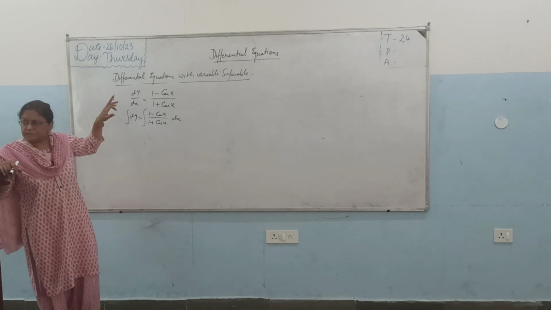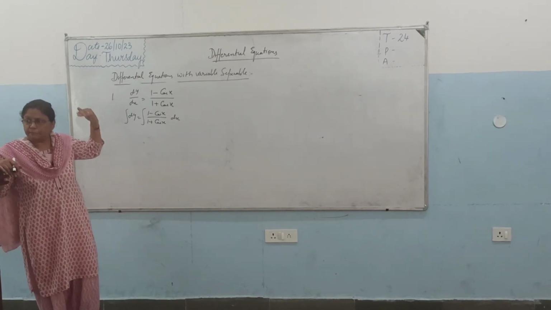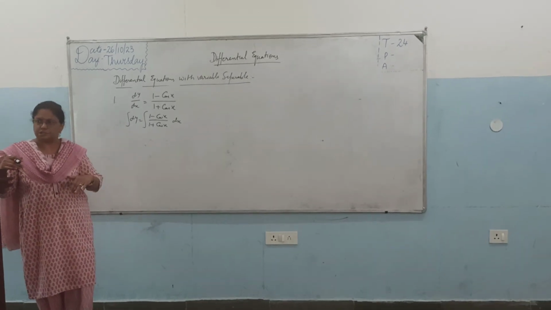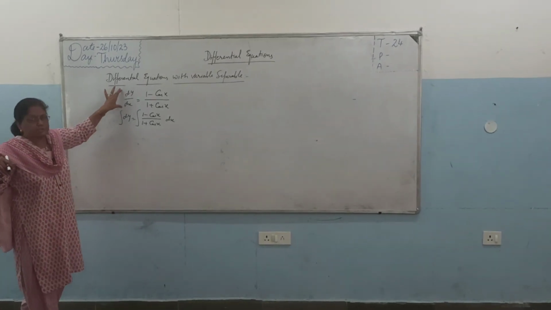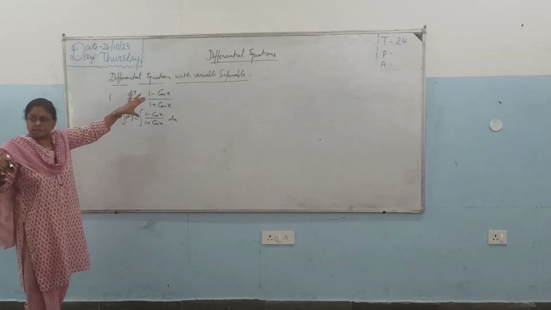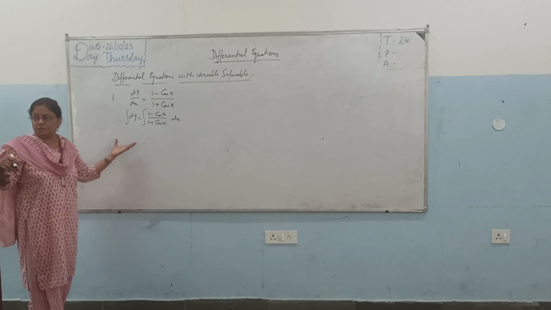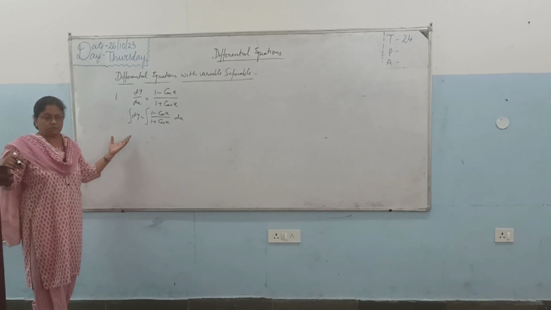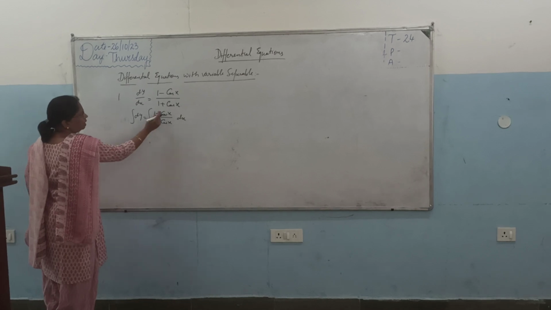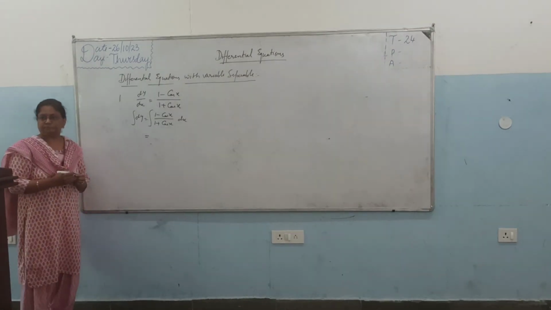So that means we are going in the anti process, anti derivative, meaning integration. dy upon dx is given, and for what value of y this dy upon dx is, that you are supposed to find, and that is called the solution. Now integrate both sides. Can you give any idea how to integrate this side?